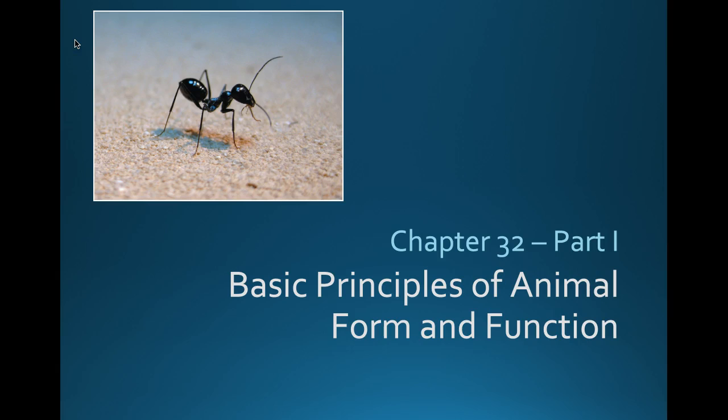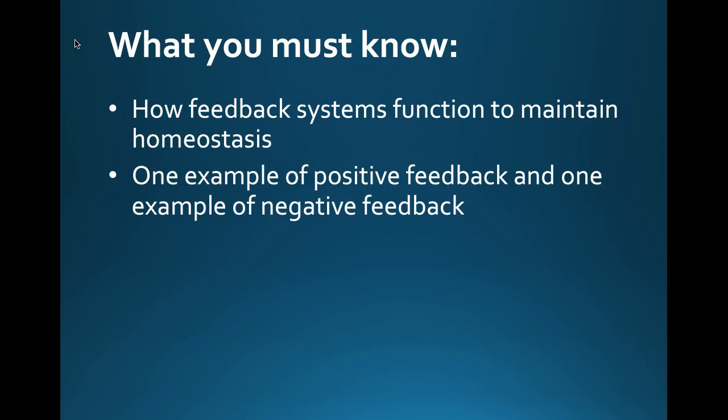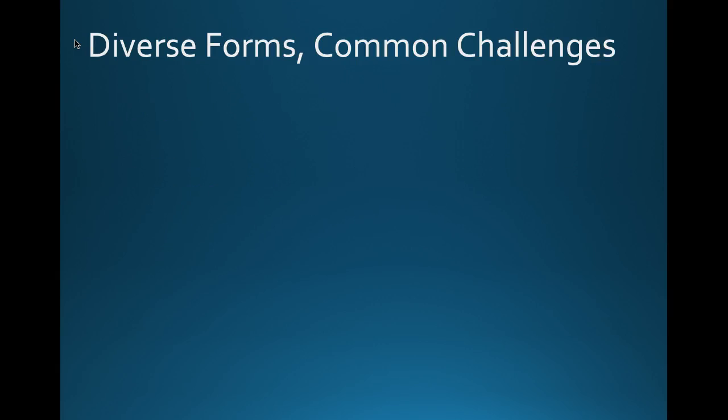Chapter 32 is the basic principles of animal form and function. Part 1 of Chapter 32 goes over basic anatomy and physiology of animals, the diverse forms and different challenges of organ systems. So first we need to know what the definitions of anatomy and physiology are, because they're often used